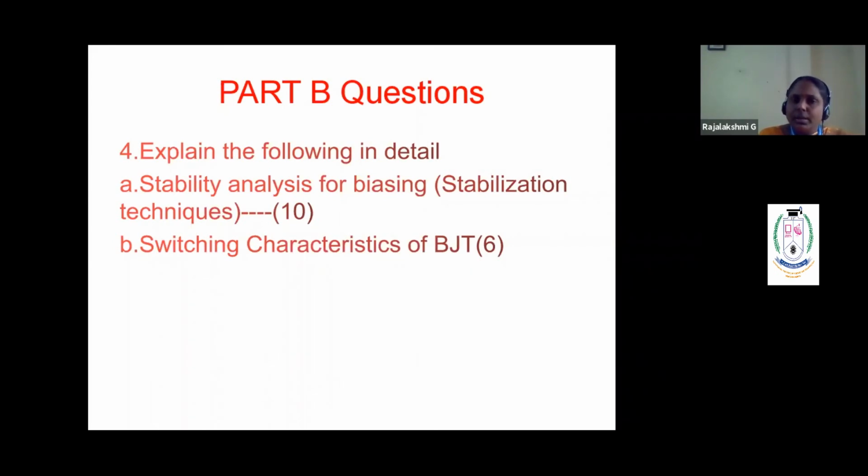So what are the required things here? Say what that method is, and with that method what you are going to do. With the biasing, what is done? For example, the fixed bias method or base resistor method, both are the same. In that, a base resistor